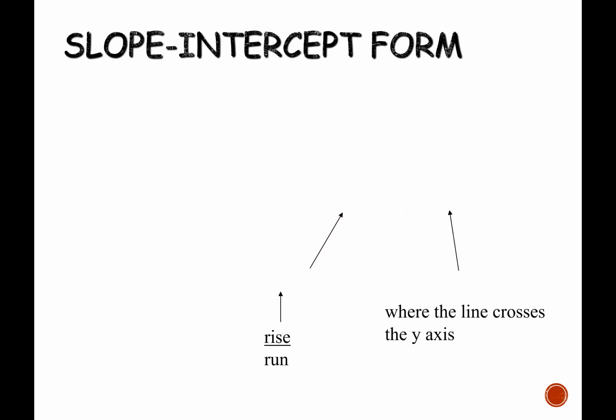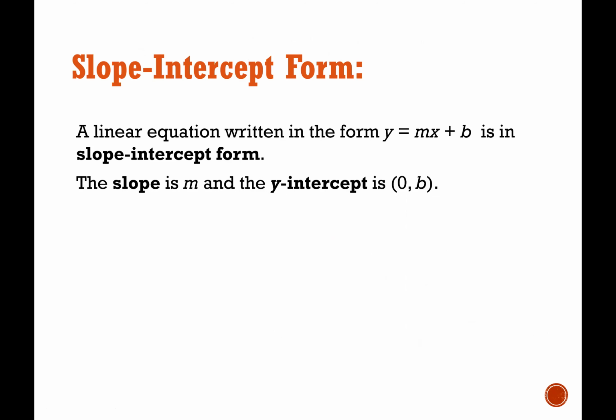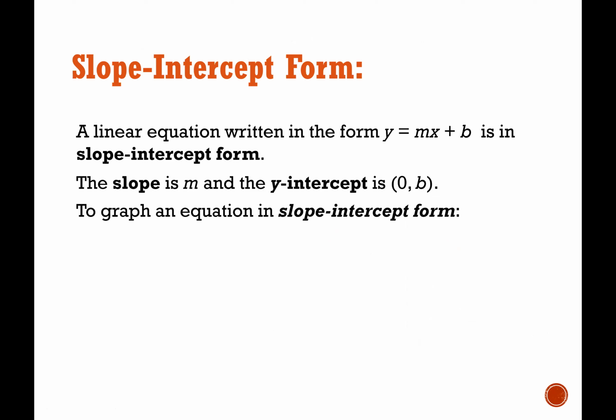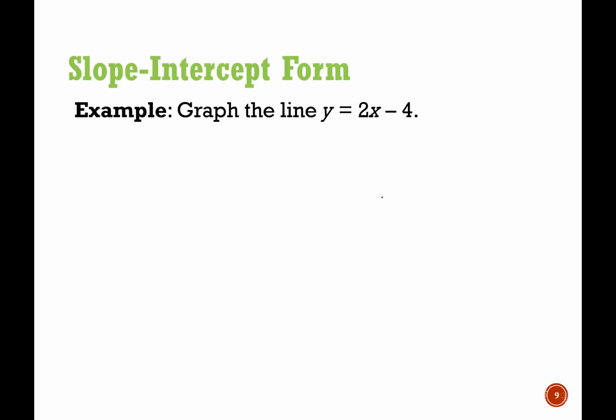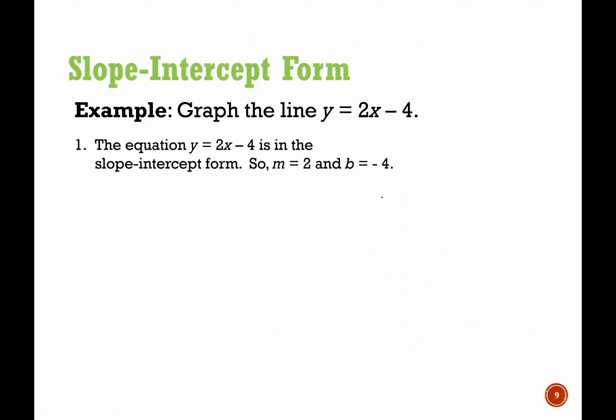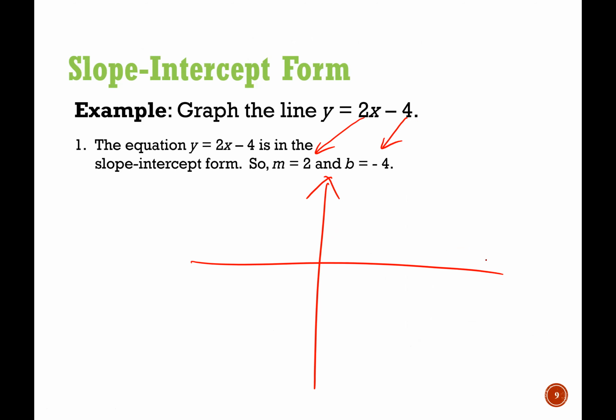Okay, and then we also have slope-intercept form, y = mx + b, right? So the y-intercept is b, and m is the slope. Now graph y = 2x - 4. So the slope is 2, the y-intercept is -4. If you want to graph this really quickly,